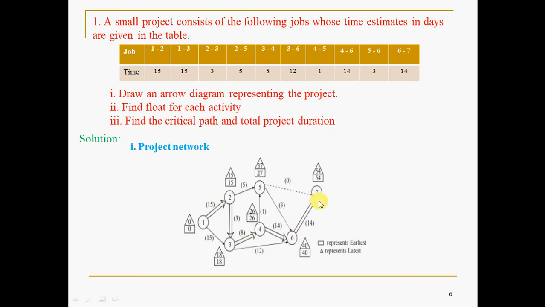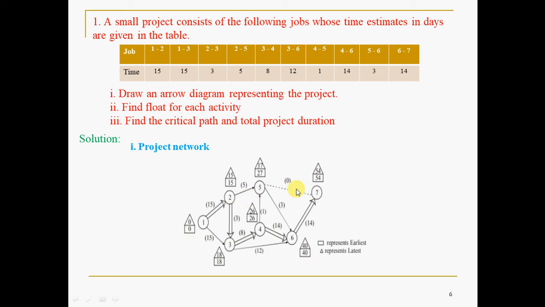Okay, then the last node, node 7. Only one forward path is possible. This is dummy, as I told. So 14, I mean the previous square box value plus this one, 54. Always please note that to get the next square box value, it is the previous square box value plus the activity duration. When it is a single path, that is the case; when you have more than one path, whichever path takes more time, that you have to fill here. Fine, that is about filling the square box values.